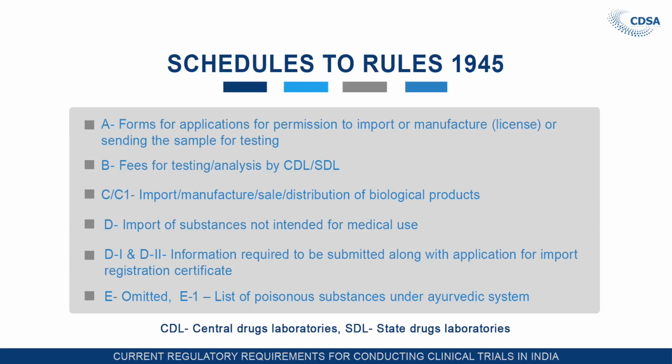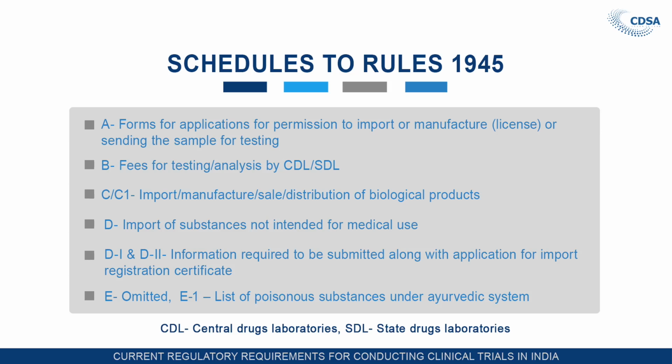Schedule B is related to the fees. So what is the fee requirement for the testing of a drug? It is given in Schedule B. For example, if somebody wants to conduct a pyrogen test, then a fee of 500 rupees is required. If it is for bioassay of antibiotic, then 400 rupees fee. If the test requirement is for the potency testing of DPT or DT vaccines, then the fee charged by these laboratories is 2,700. So the testing fees for many tests and analyses are given in this Schedule B.